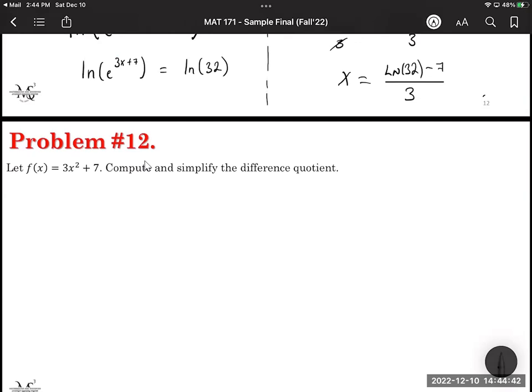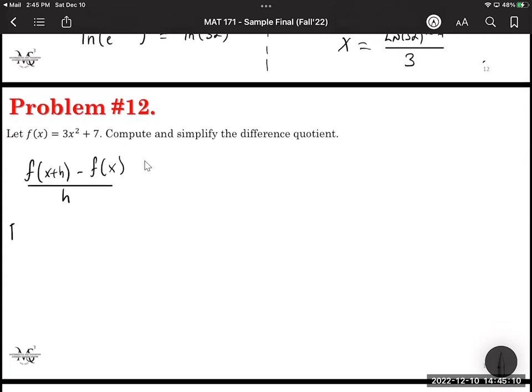Is it f of x plus h minus f of x over h? That's right. It's f of x plus h minus f of x, all divided by h. So if I need to compute the difference quotient here, what I'm going to do is first compute f of x plus h, and then make some substitutions into my difference quotient, right? So first,